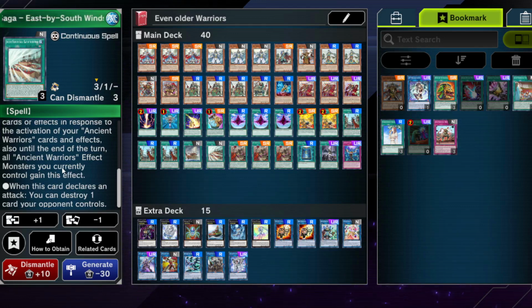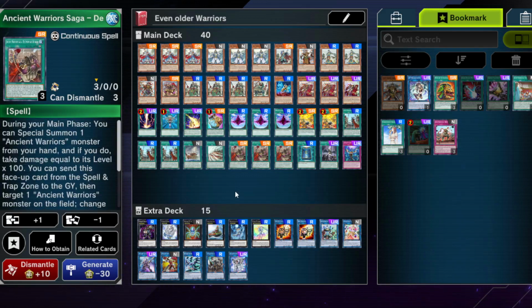Very good to get rid of floodgates, very good to get rid of back row heavy stuff. Against Runic it can be a bit annoying, so that's quite nice. In general, this is for one of searchable card, a very strong card in my opinion. The new card, definitely 3 of in my opinion, because it helps you so much more to go into your